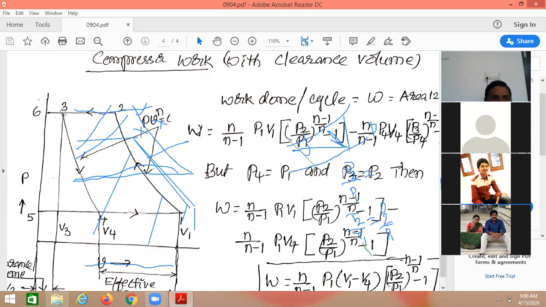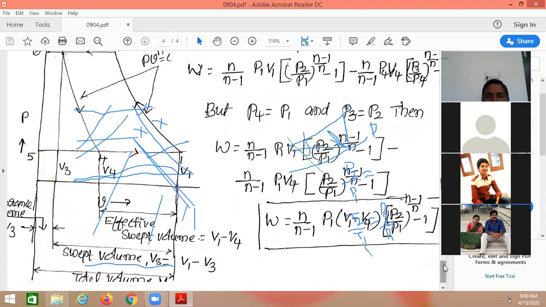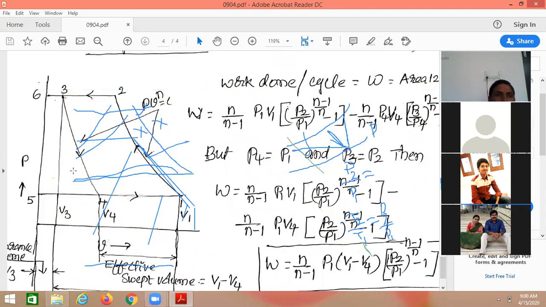So this is the case when we consider a constant clearance volume. The difference between the earlier diagram and the present diagram is that there is a constant clearance volume in this volume. The piston will not enter here. That is the space provided only for the free movement of the valves. So that is why there is a slight change from the previous cycle.